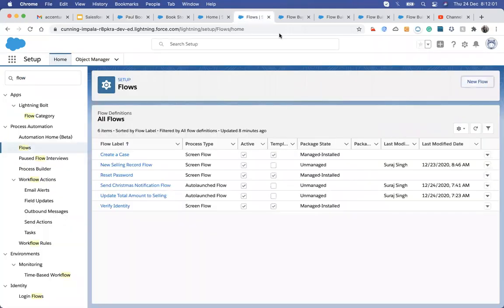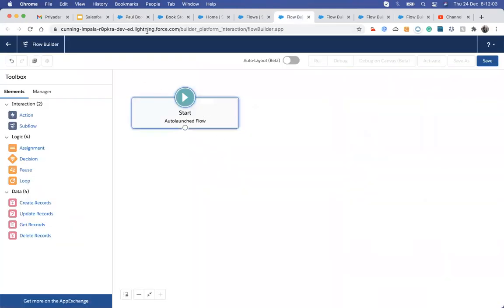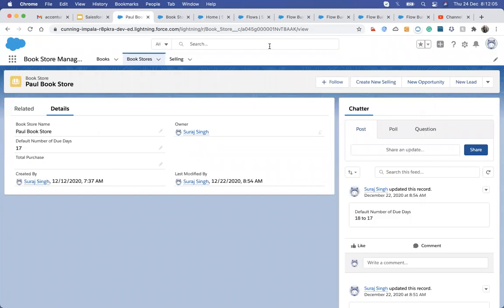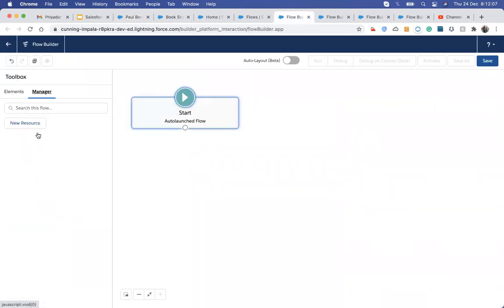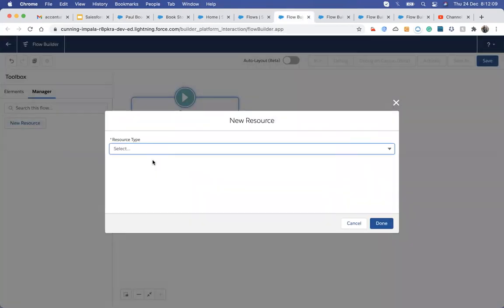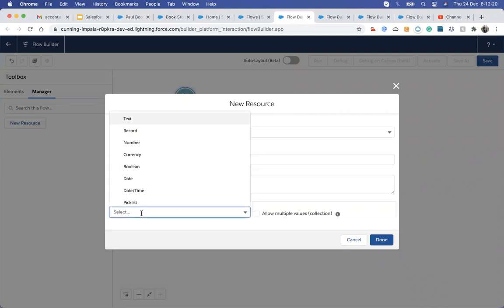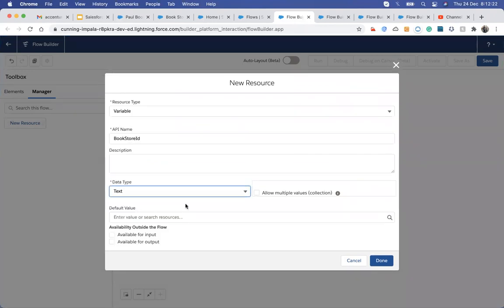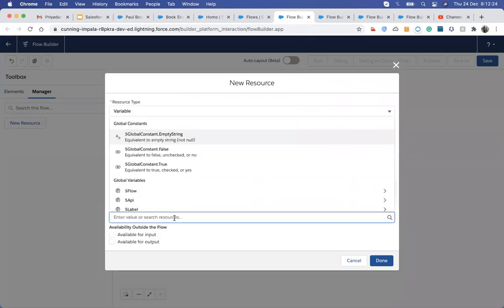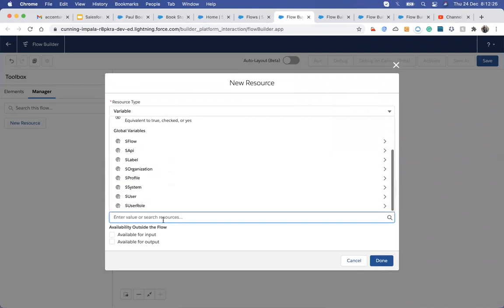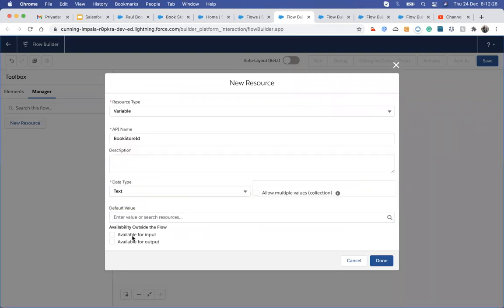Since I need the Paul bookstore ID, I will create a variable to capture that. To capture the ID, bookstore ID, it should be a data type of text, and no, I don't need any default value.